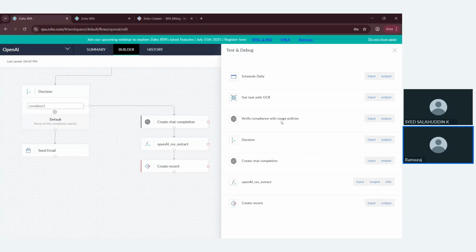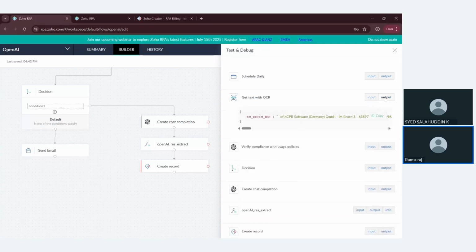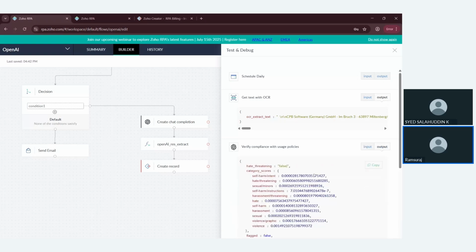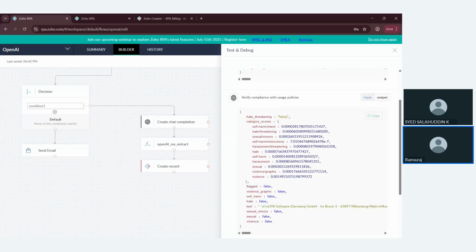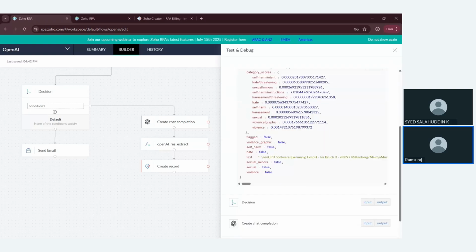So it actually gets the text from the OCR. It got the text from the sample invoice that I have in my folder. And it checks verify compliance with that text. This text I have given as an input, and with the output, I got these things scanning the text before going to the OpenAI. It scans the text for harmful content. So the flag is false,